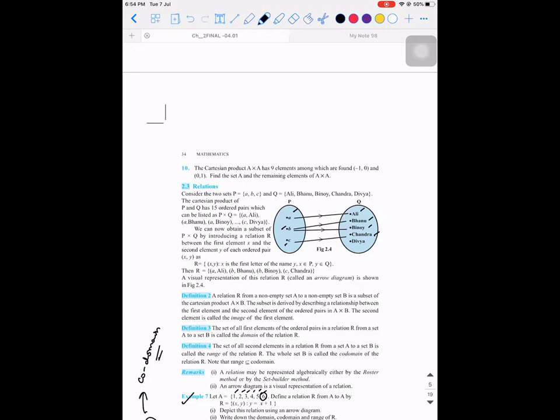Because B has two results. Yes. So each element in set 1, I'll not use A and B. You can either remember it as input set and output set. So I'm repeating it again. Listen. If each element in the input set is related to one element in the output set, then that kind of relation is said to be a function. I'll repeat it. Please make a note of it. If each element in the input set is related only to one element in the output set,